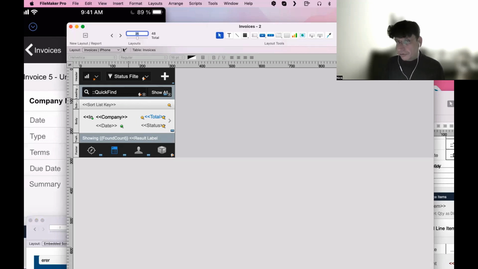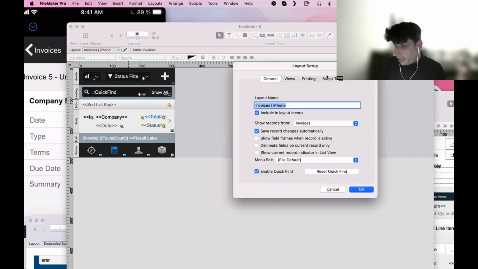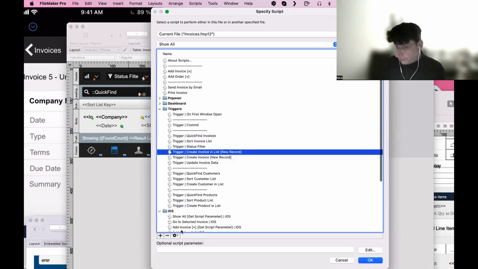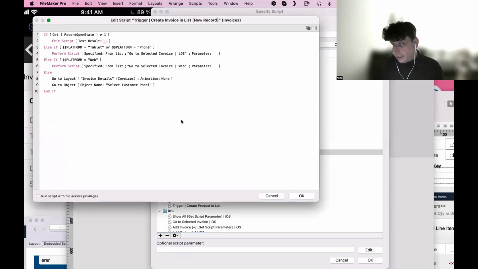Then I have an on record load trigger that says, if the record created is 1, okay. If it's not 1, it just exits and ignores that trigger. That means it's an existing layer, and you just want to go to that record. But if it's not different than 1,